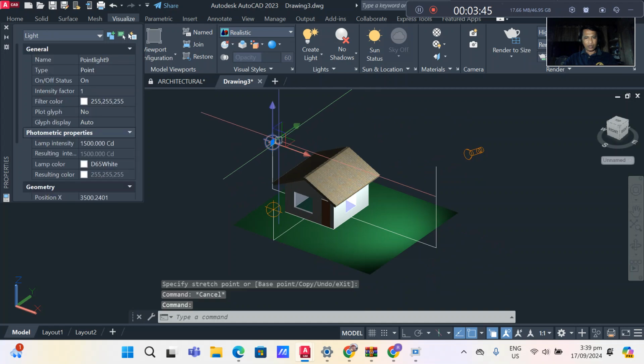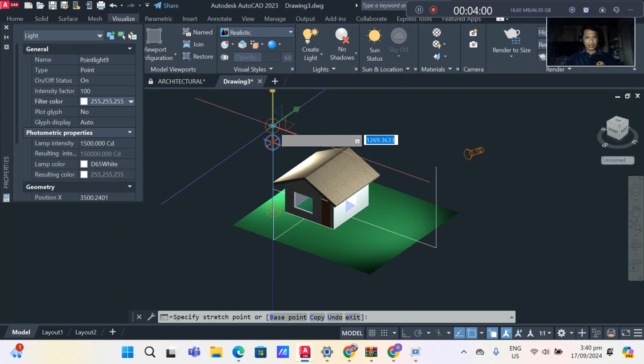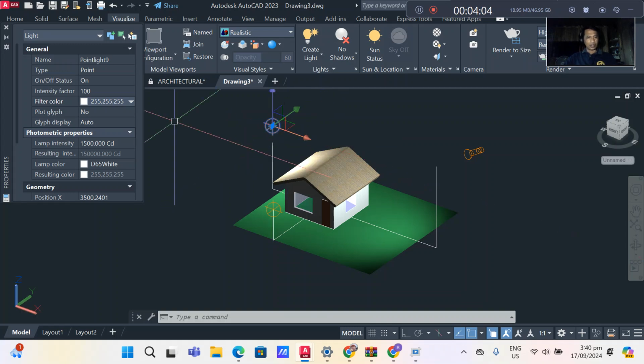So I will choose here, and then the intensity is, let's say, 100. Okay, so that's the intensity. Then a little bit higher, okay, so bright, so I'll change it into 75.